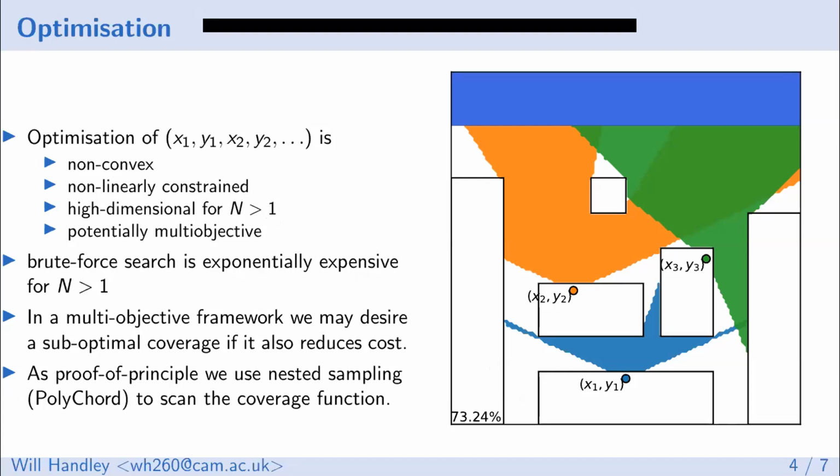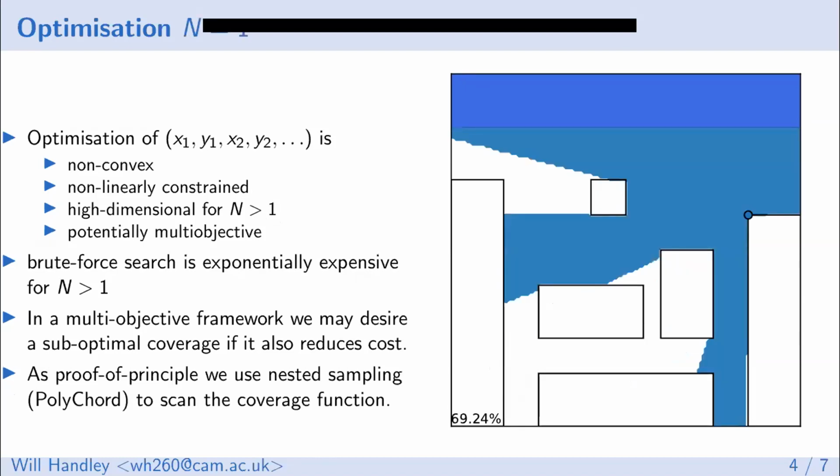There's a nasty sort of quadratic or exponential scaling, depending on how you phrase this. In the first pass through, we applied a nested sampling algorithm called Polycore, which we applied in the previous workshop to a very different Bayesian-related problem. And when you do that, you find that if you have N=1, that's where you should put the sensor.